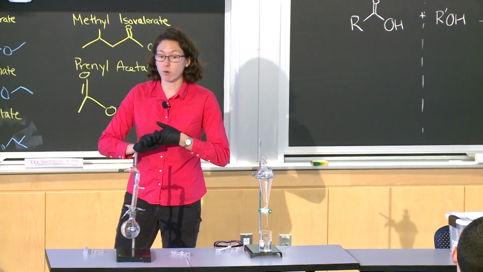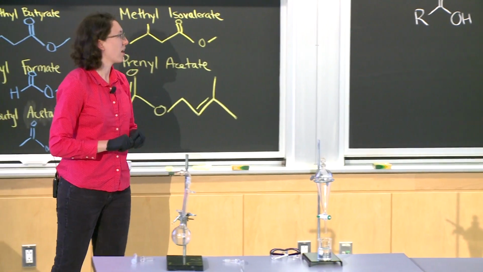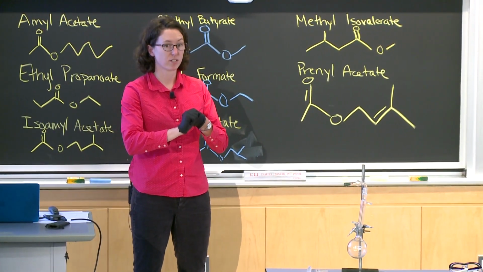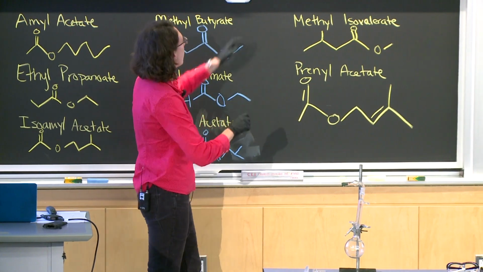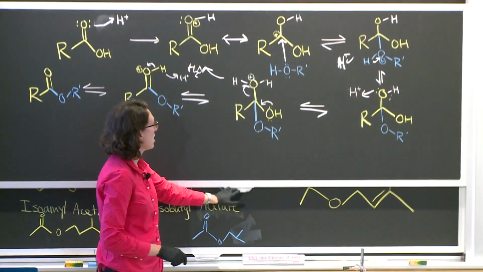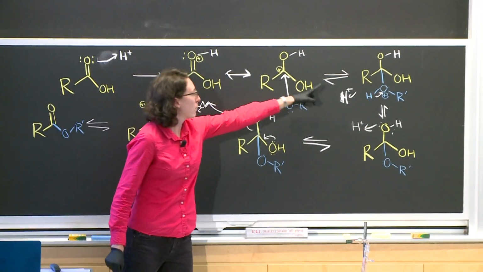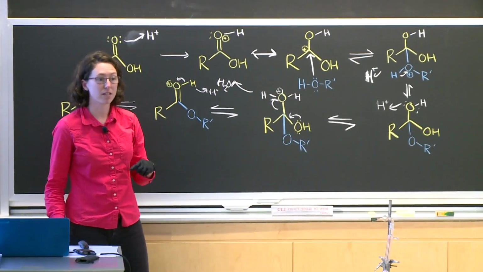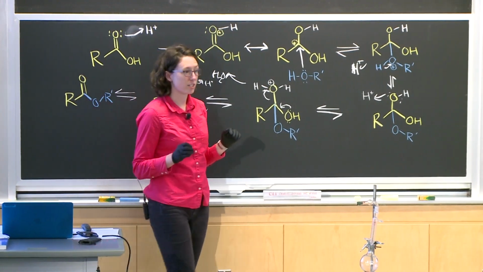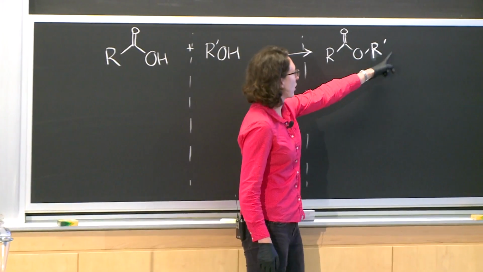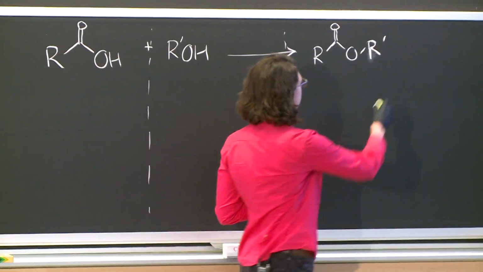And so what we're going to use it for in our reaction is, what are the products of our reaction? We're going to make an ester and water. So if we go back to our mechanism, we lose water here. And if you notice, most of these steps are reversible steps. So if you remember Le Chatelier's principle, if this is our overall reaction and one of our products is water,